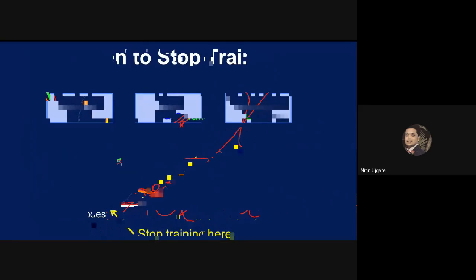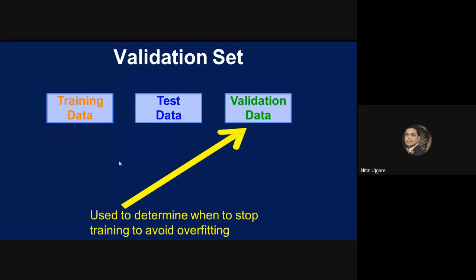Okay. So now we'll come back to the validation set. We have discovered the third type of data set in machine learning. We have already familiarized ourselves with the existing two types of data sets. Training data set is used to build or construct the machine learning model along with the machine learning algorithm. And then we have also seen the test data. Test data is used to test the quality or the performance of your machine learning model. And then comes the validation data.